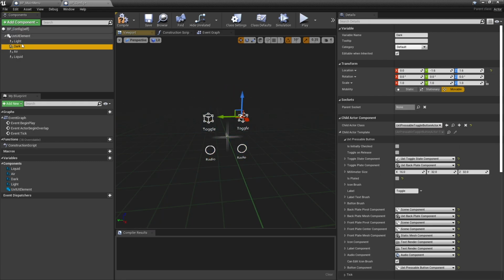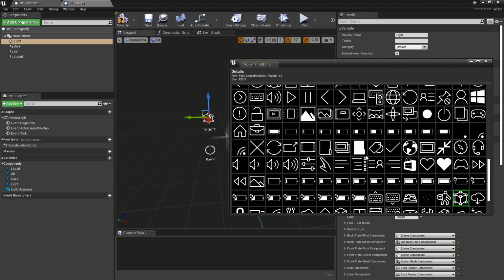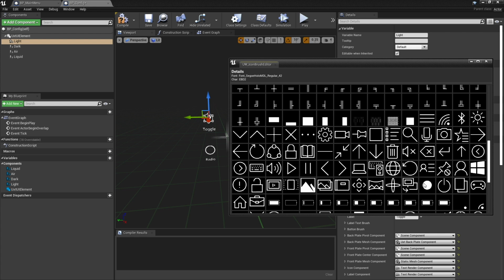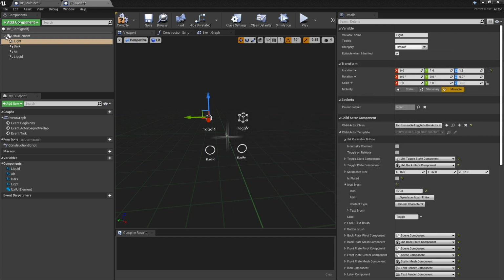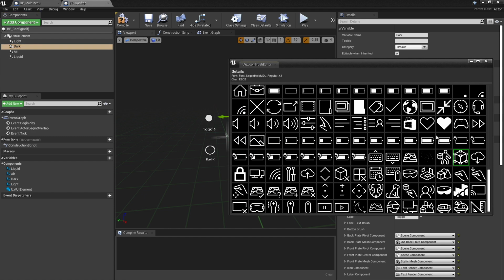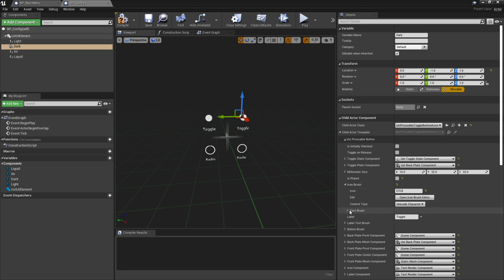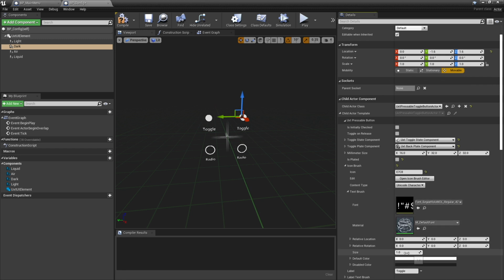These light and dark buttons, let's give them an icon that actually shows the color of the object. So I'm thinking we'll just make a little dot, which kind of shows the color palette. Same dot here. And let's actually increase the size a little bit on these, so let's try about 2.